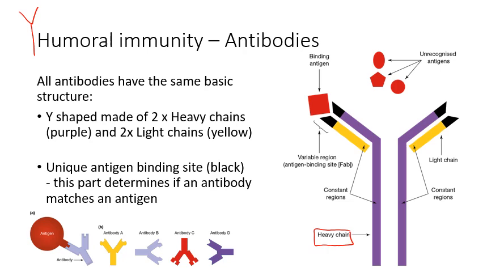Probably about, I don't know, 2/3 of it. The section in yellow, okay, so there's two sections in yellow, one here and one here. They're called the light chains, and they make up close to about 1/3 of the antibody. Okay, so we've covered the purple bit and the yellow bit, the heavy chains and the light chains together